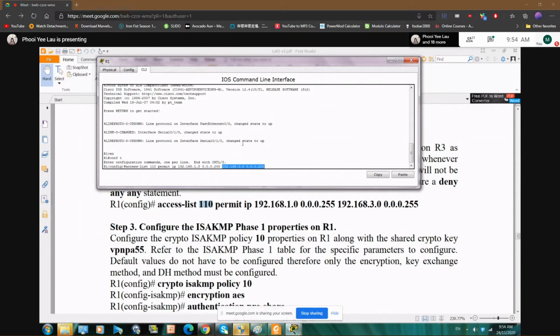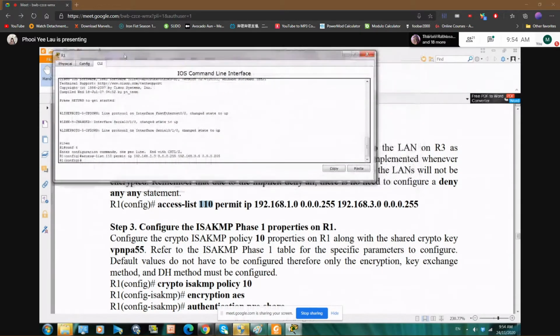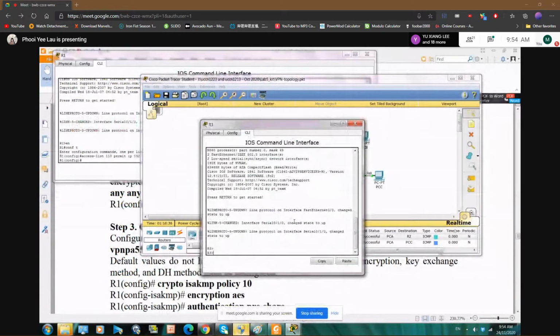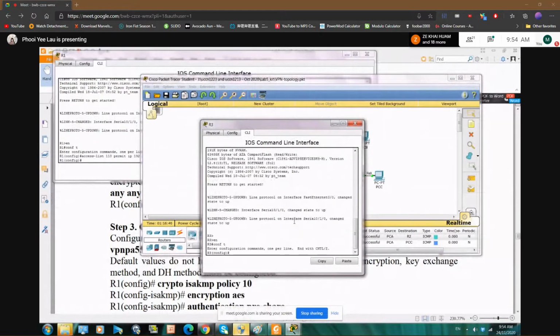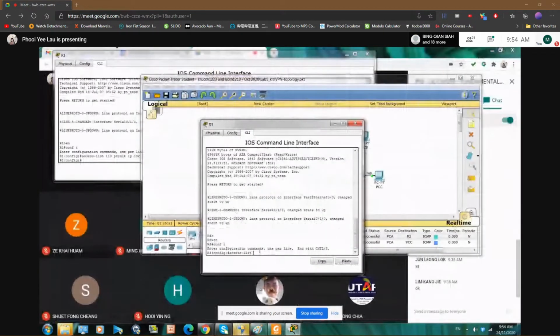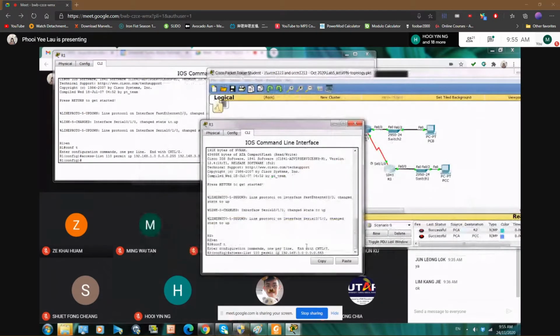Okay, so same, right? For R3, you will also do the same thing. Enable, config T. You will also do access list. See what number they want to do. 110 also. Yeah, also 110, right? And you want to permit IP from 192.168.3.0 0.0.0.255